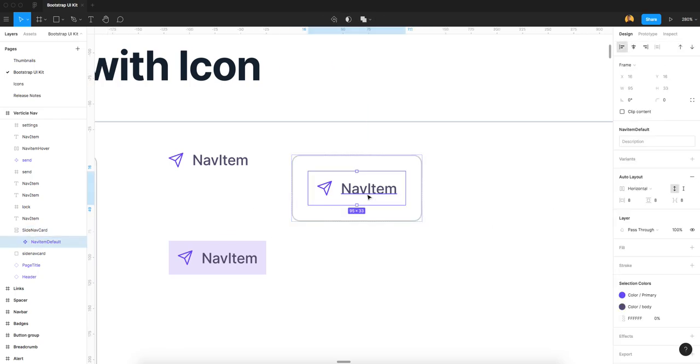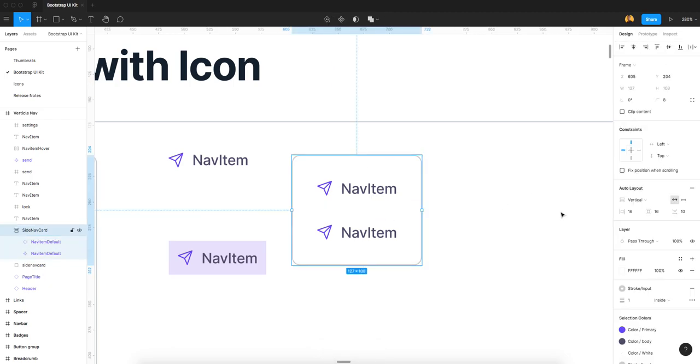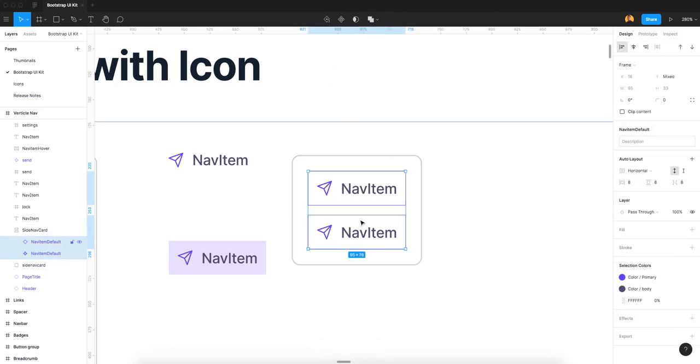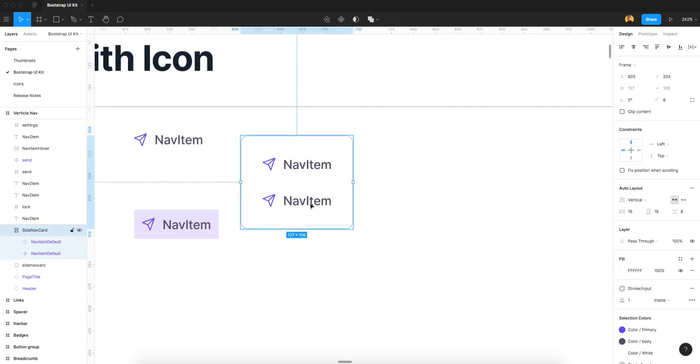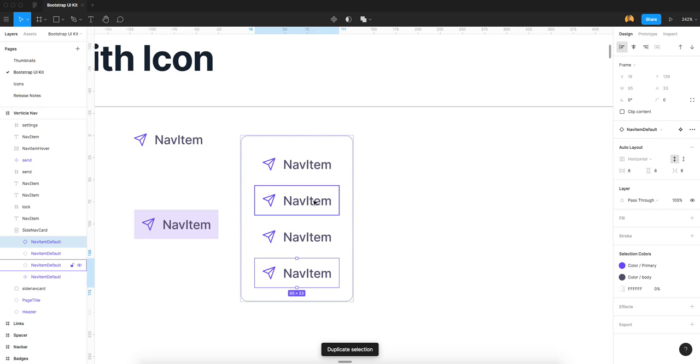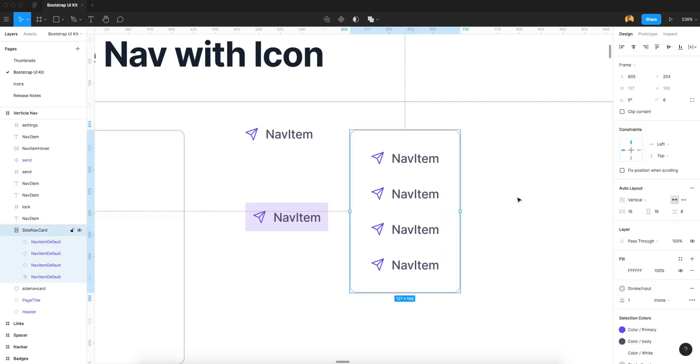I just duplicate this. See, you will find this 10 pixel space between here. So if you want to change this space, you just go to it and set 8 pixels. Okay, now you can duplicate this multiple times. It can easily be changed in your layouts.